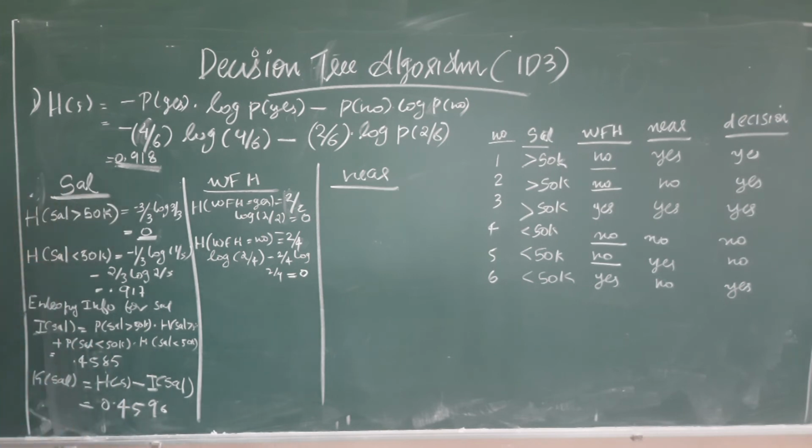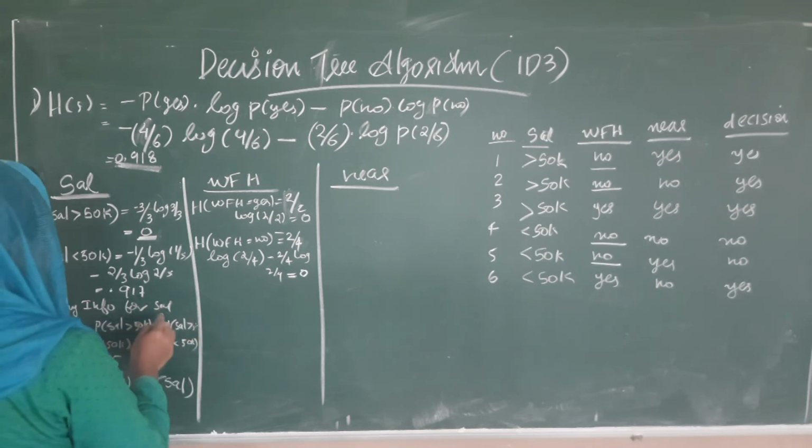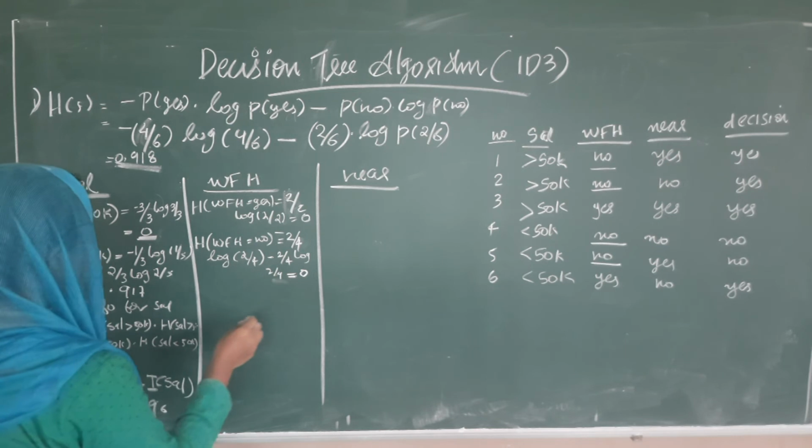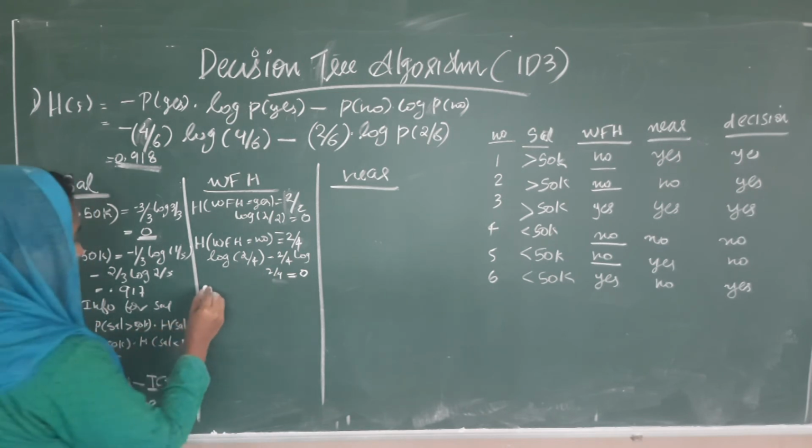Okay. Because it is minus 2 by 4 log 2 by 4 minus 2 by 4 log 2 by 4. So the entropy information is 0 here. Now we have to find, entropy is not 0 here also, because it's the same. Now we will find entropy info